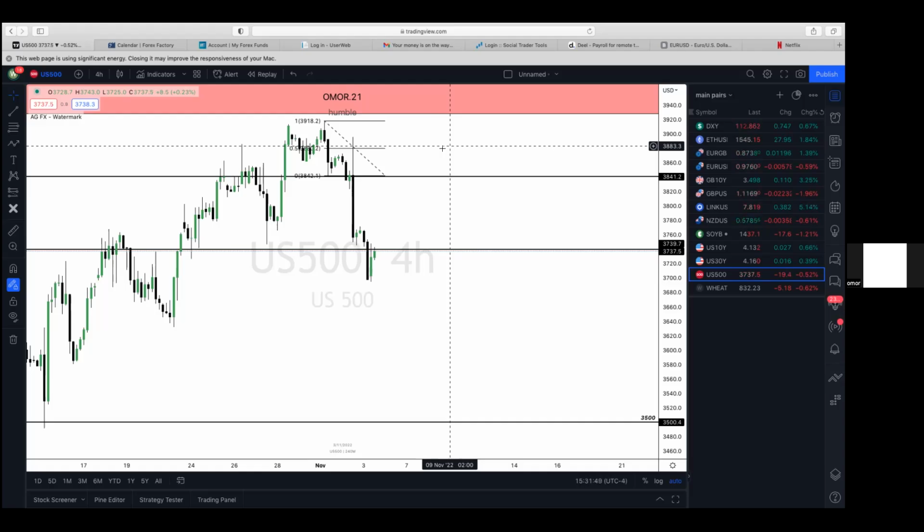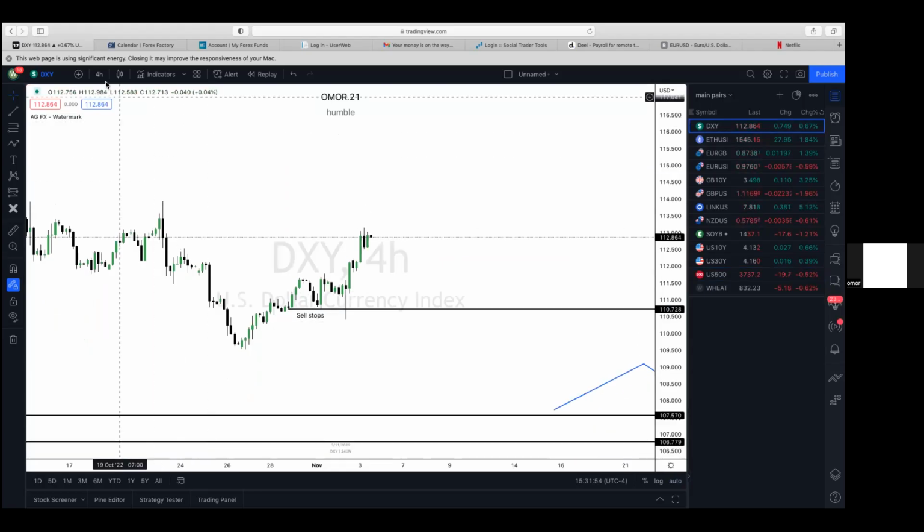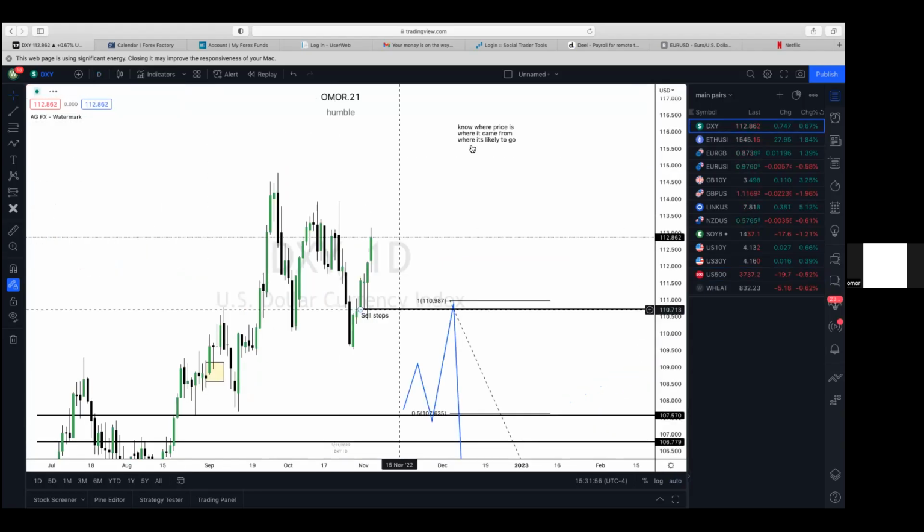Going back to what I said on the DXY, where did I write that? If you know where price is, where it came from, and where it's likely to go, a retracement entry is more than enough to get in line with price. Knowing when the candles are going to print, that's the decision people in the mentorship are going to make. Do I just want to learn a model, or do I want to learn how the candles are going to print? Because if you learn how the candles print, it hits everything else on the head.